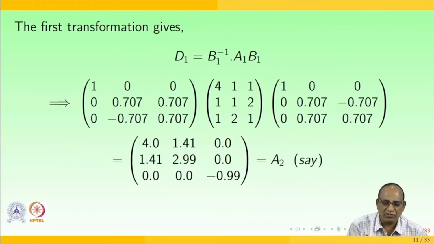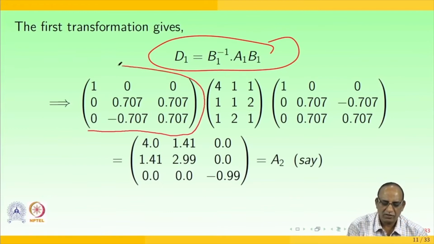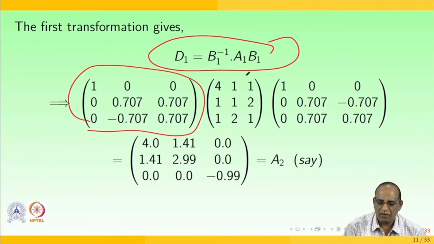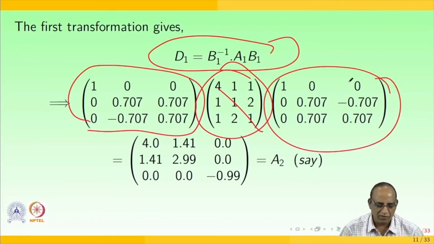The first transformation gives you D1 is equal to B1 inverse times A1 B1. So you will have B1 inverse is this matrix and A1 is this matrix. This is the matrix A1 and this is the matrix B1. You will have again B1, that is